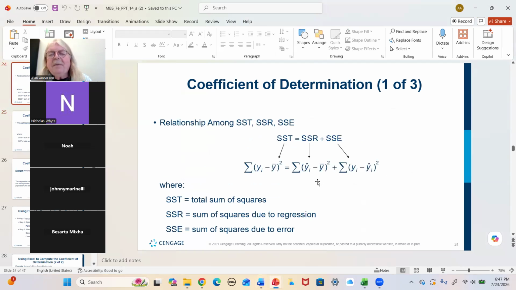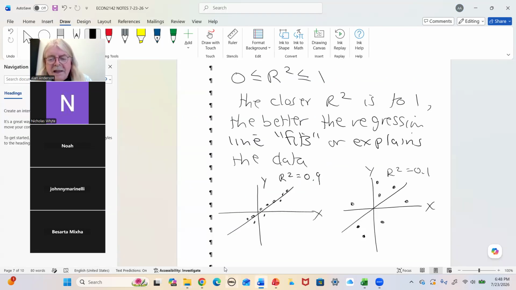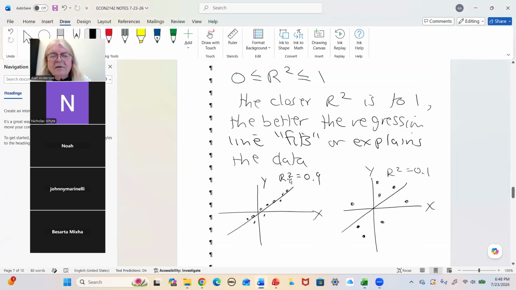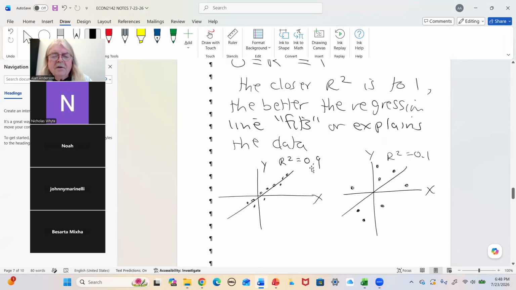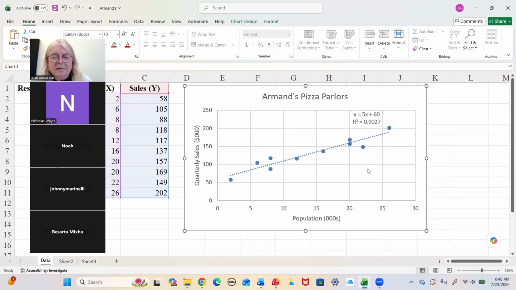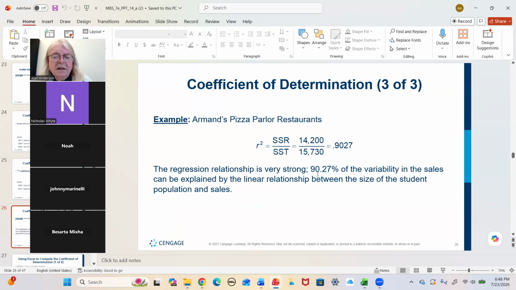You know what? This is something every book, every software package, some books, like if you notice when we did this in our spreadsheet, it comes up with a capital R squared. And I wrote it there too, but the book prefers lowercase r squared. Just be aware that it's the same thing. All right. There's no distinction between these two. And so the formula is right here. SSR over SST. It's 0.9027. Now, we only have the graph. We only have the R squared, 0.9027. We don't have these numbers, although we can get them